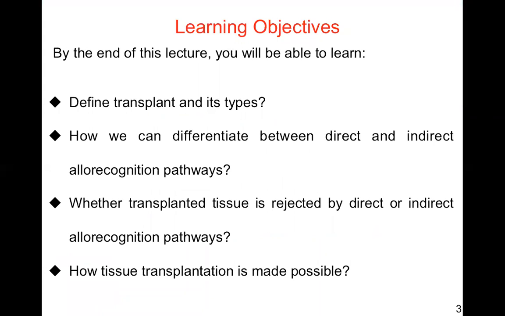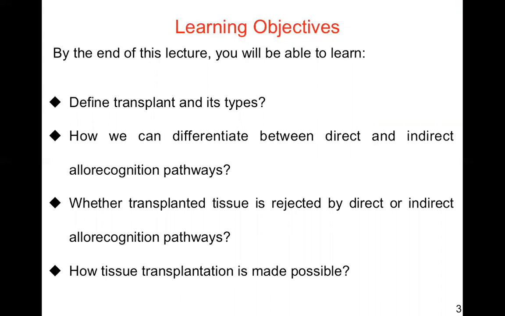But you must be wondering that in spite of the greater specificity of our immune system to differentiate between self and non-self, how was organ transplantation made successful, and which mechanisms are launched for the rejection of transplants in